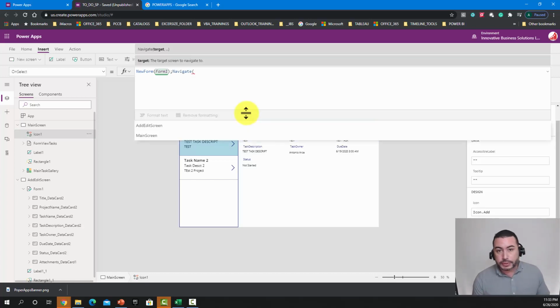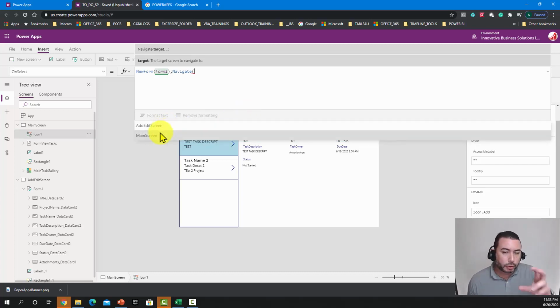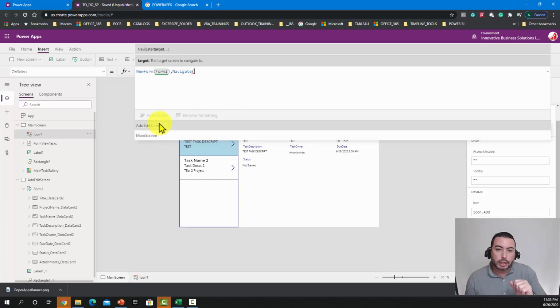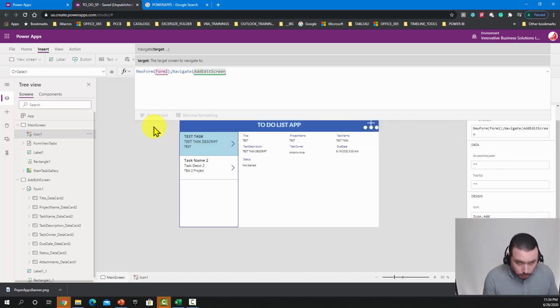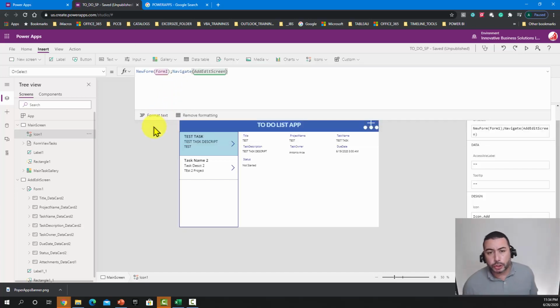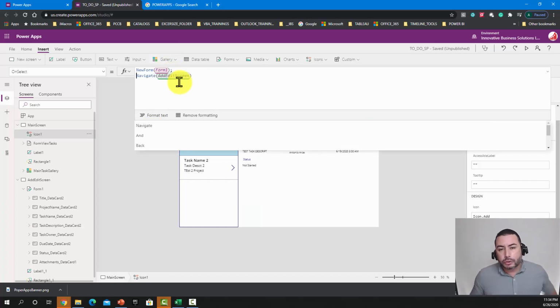And then you open parentheses, and now you specify the screen. Notice that whenever you're typing, it's already filtering what you can select. In this case, you want to navigate to the add edit screen. So you select it here. I personally prefer to add a return to each one of the comments,